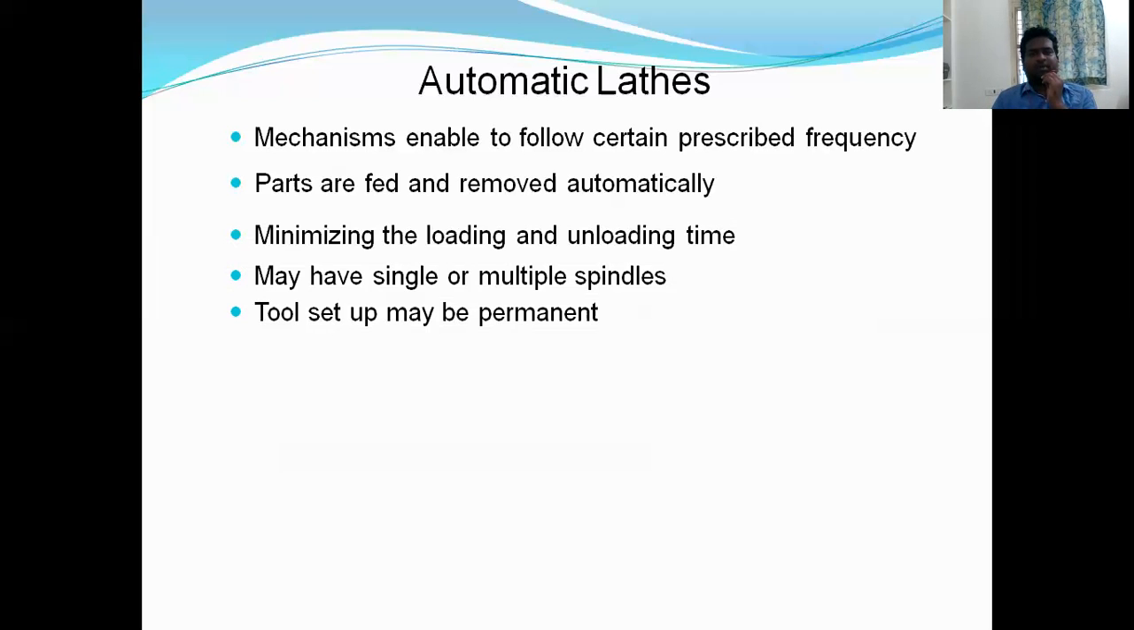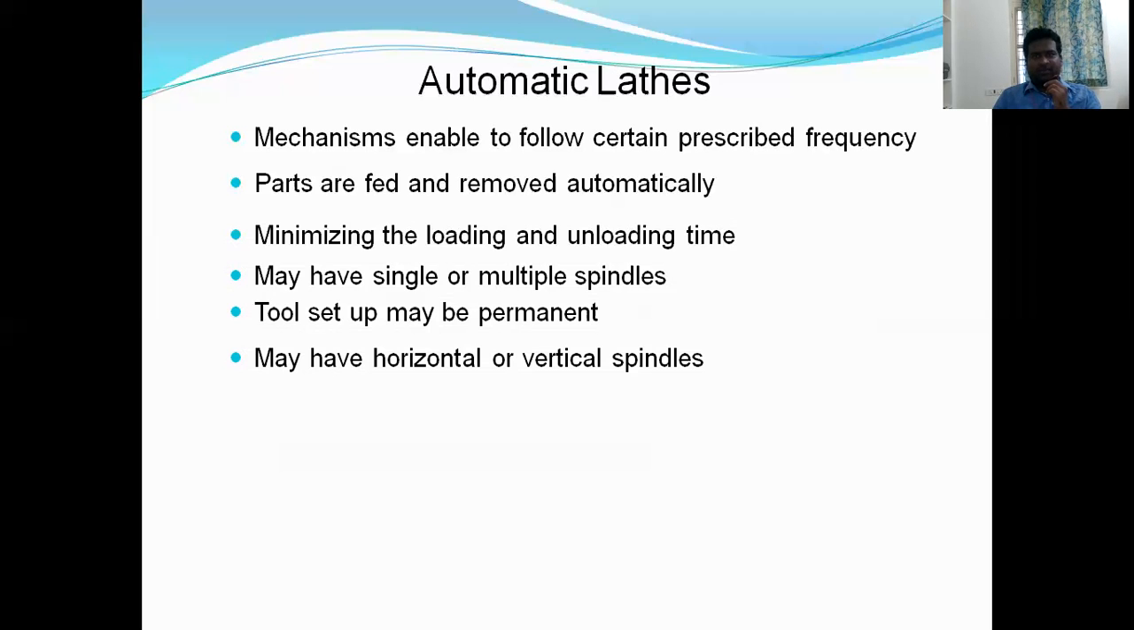Tool setup time may be permanent. Here, the tool setup time may be permanent, and the tool finishes within the permanent condition. And automatic lathes have single spindle and multiple spindles. In that, they have